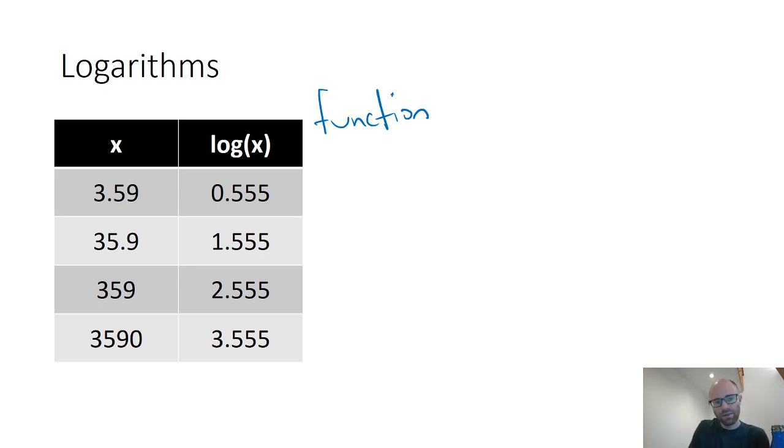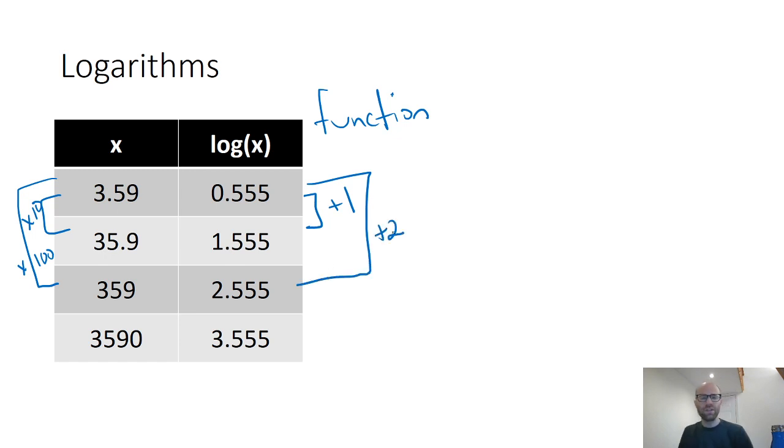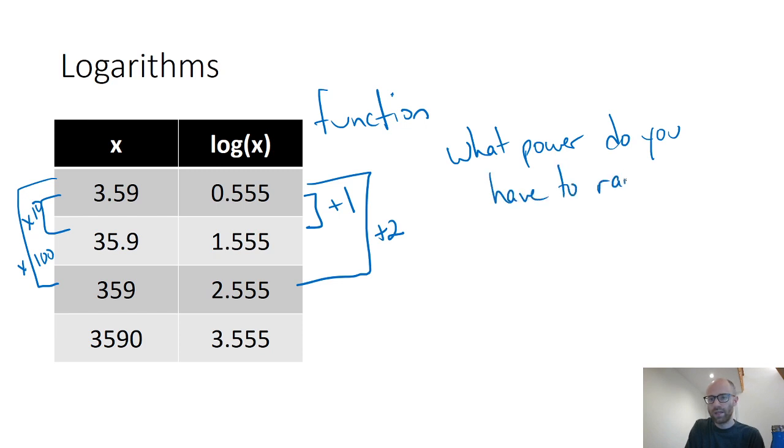Okay, so you can probably see this, right? This is a change of times 10, and this is a change of plus 1. This is a change of times 100, and this is a change of plus 2. So it's a function. I can describe what the function is. For most situations, you can just think of it as a button on your calculator, and it performs the function for you. But in simple definitions, a logarithm is what power do you have to raise 10 to